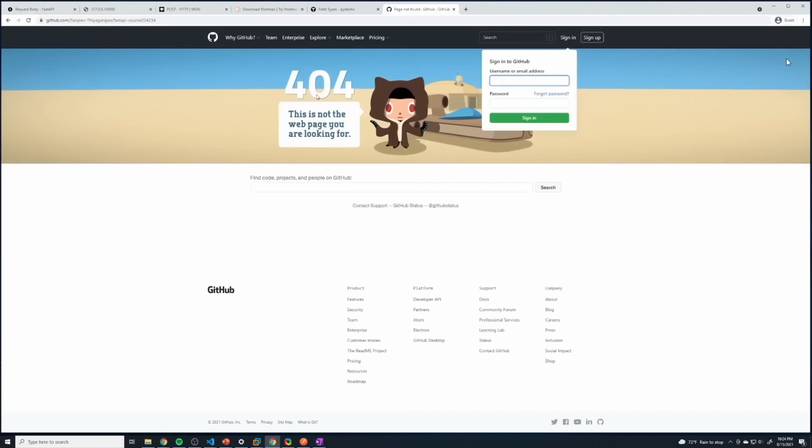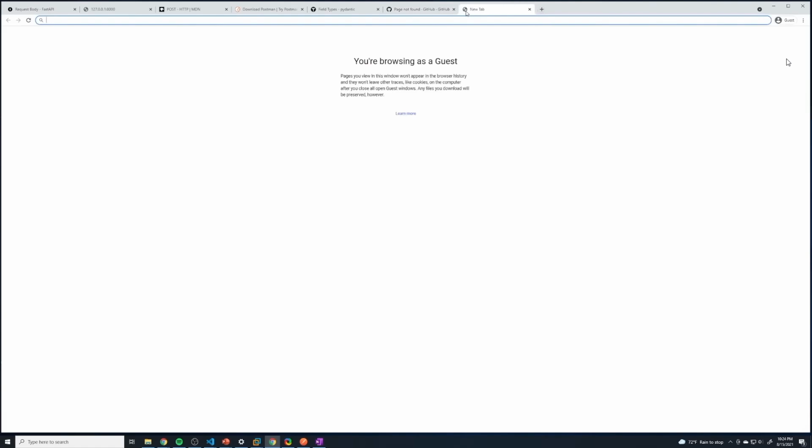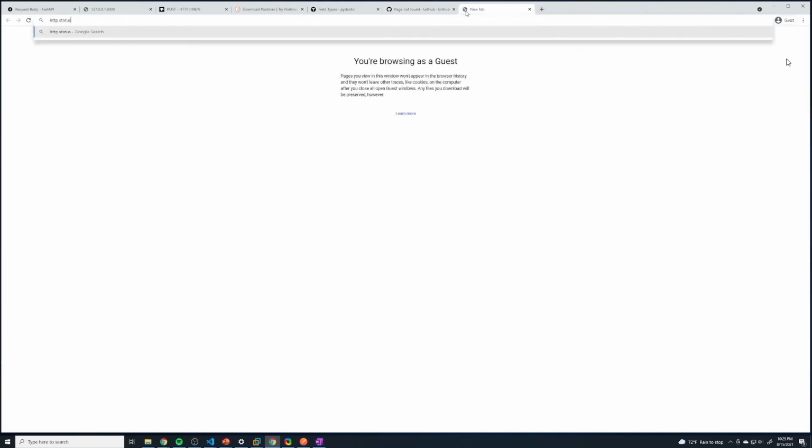And I'm sure you guys have seen a 404 error at least once before in your life. So that's a specific HTTP status code that represents that this item was not found, that it does not exist. And HTTP status codes are important. We haven't really talked about it in this course up to this point, but there's a lot of different status codes. And if you actually just search for HTTP status code,